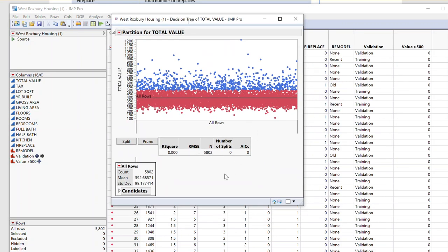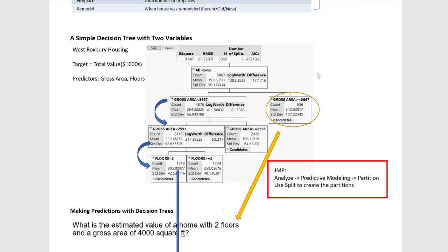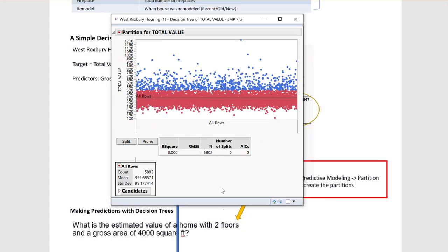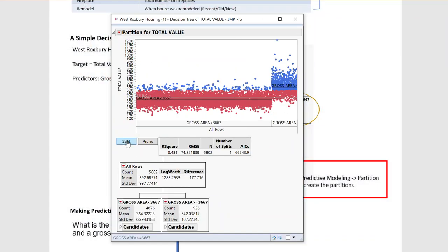All right, so this is our output. It doesn't show any tree in this output, right? Okay, so what should I do next? I will split. You see, once I click the split, this is the total observations, which is